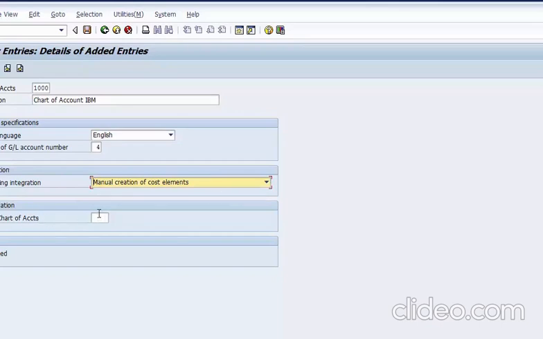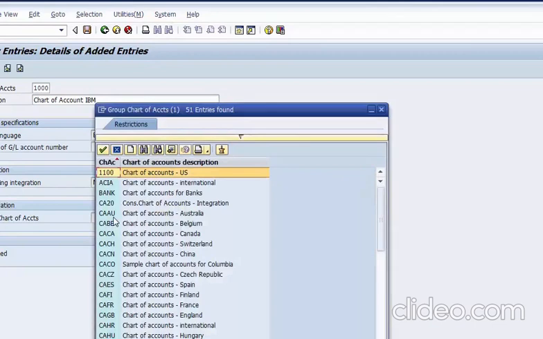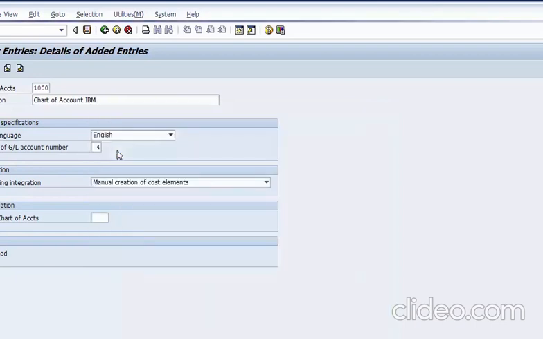Group chart of account. If you want to have a group, in that case you can assign the group chart of account over here. You can use the function key F4 on your keyboard. You can press that, or you can go from over here and have a look at what different group chart of accounts there are in the SAP system. So you can see these are the different ones, and with which chart of account you want to group, you can select that. Right now I have not created any, and this is the optional part, so I will not be taking it up over here. Moving up,